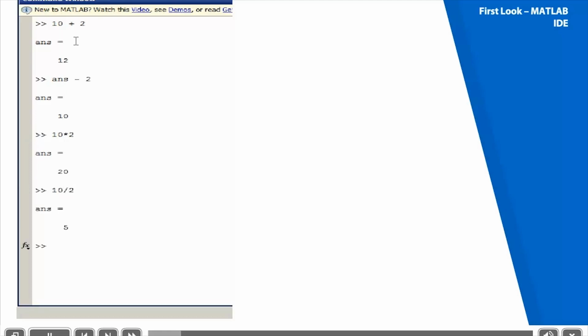We can also define variables, like variable 1 as, say, value 10. We can define variable 2 as, say, value 15. So a lot of many more things we can do in command window. As you can see, this is an interactive window, meaning it will respond to your commands immediately.